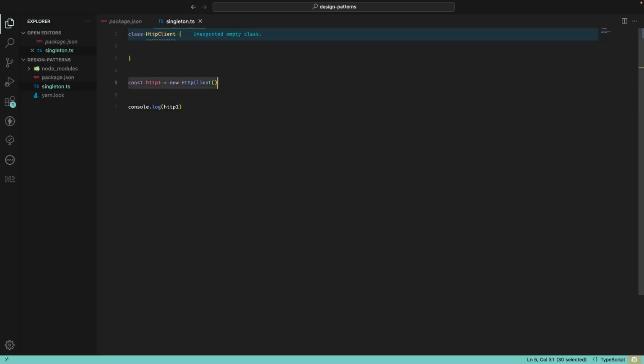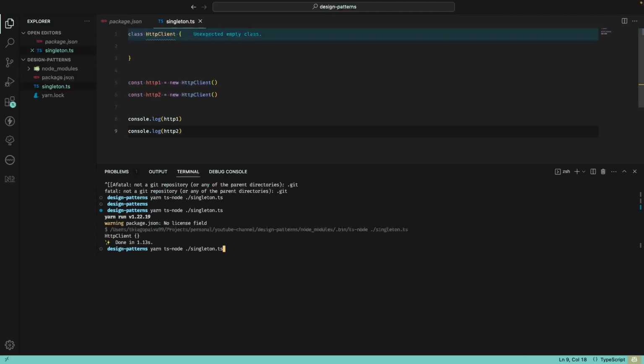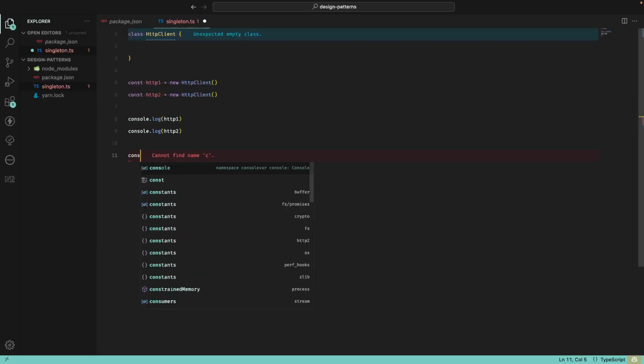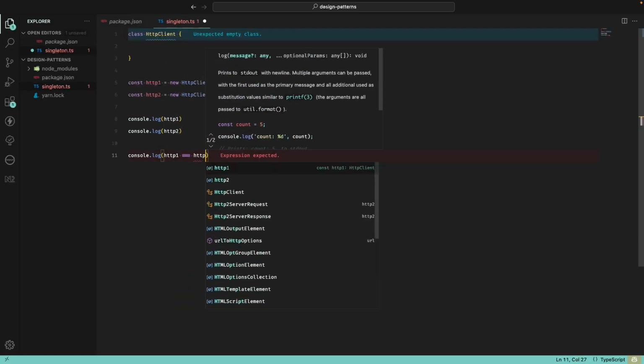Perfect. But if I do the same again, const http2, and perform a console.log of http2, as you can see, two instances. Perfect. Nothing wrong here. But if I do this console.log http1 equals http2,